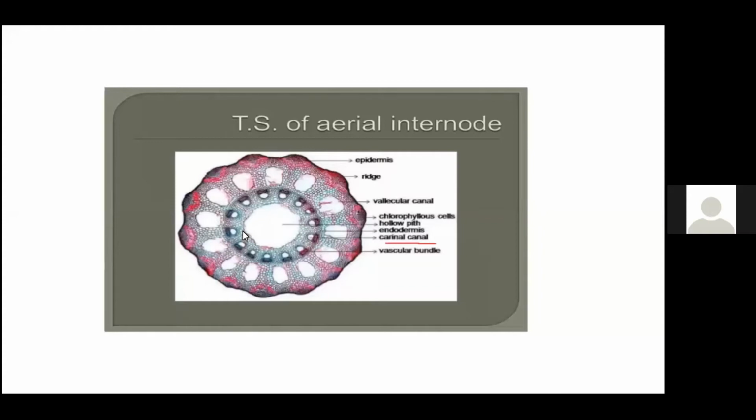Next, we have also studied that xerophytic characters are sunken stomata, sclerenchymatous hypodermis, and reduced scaly leaves. They all come under the xerophytic characters. Hydrophytic characters, what did I say? They have the presence of the vallecular canal and the central pith region. These are the aerating, empty spaces. So those are the hydrophytic characters.